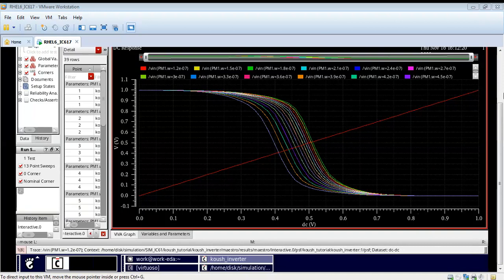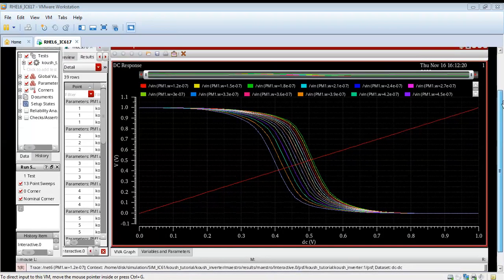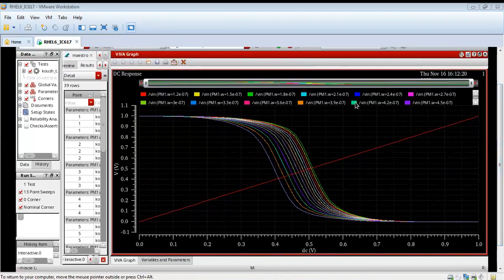From the curves we can select. We have the curves for the different PMOS widths. As you can see, these curves are giving us different crossing points. We will select the curve, or we can select the width, which gives us the best performance.